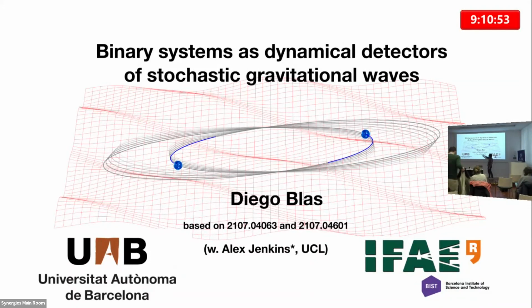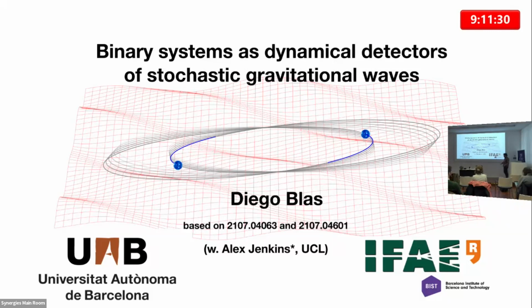So we put a binary system orbiting, in principle isolated from any other gravitational source in the universe, but then there is a gravitational wave background. It could be a single wave, it doesn't matter, but as I'm going to explain, it's better that it's a background which has a wide spectrum of gravitational waves going through. Then it's a classical result of Misner, Wheeler, Thorne, or even before, that the gravitational wave is going to modify the orbital motion of these objects.